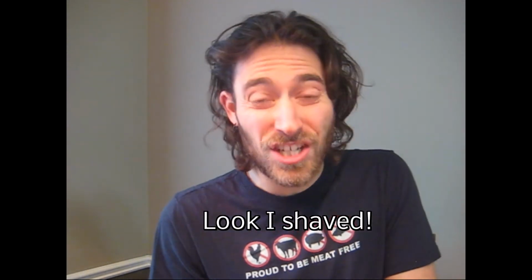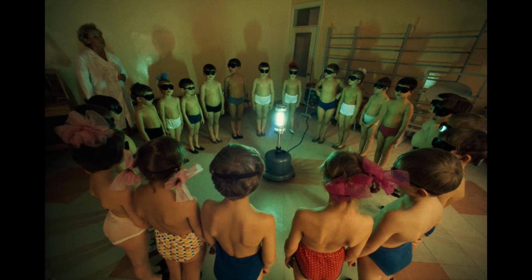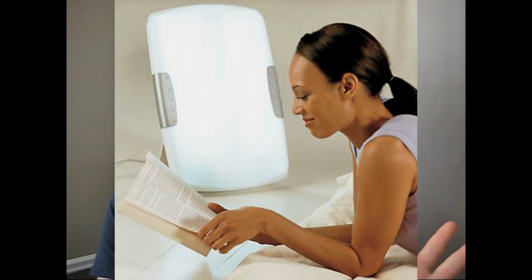Number 2 is UV, as I call it. And so we can either get UV from hopping on a plane and going somewhere where the sun is shining, or if flying to the tropics is just not going to work, well, maybe we can use technology and kind of create our own sun with a vitamin D lamp. More on that in a moment, but let's take a step back and just talk about the different types of